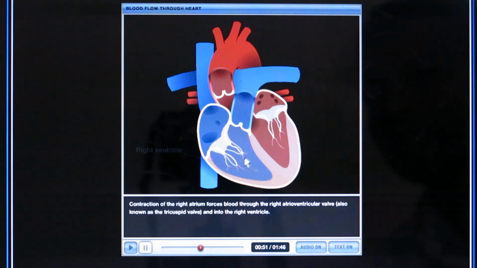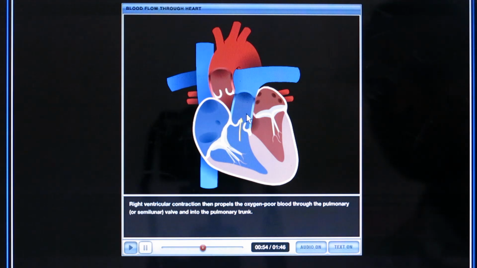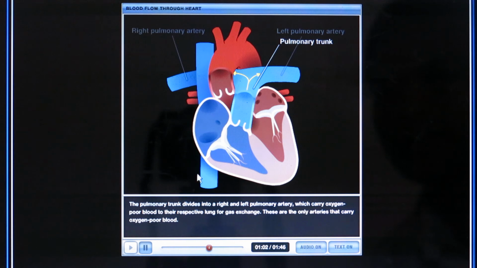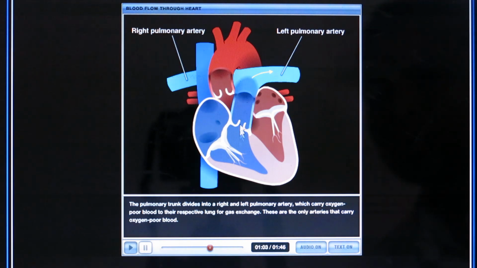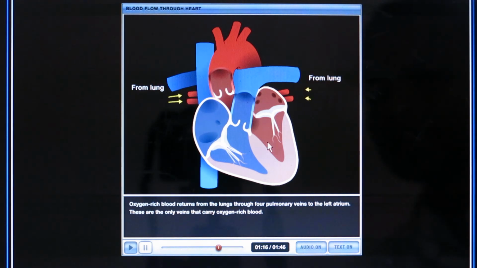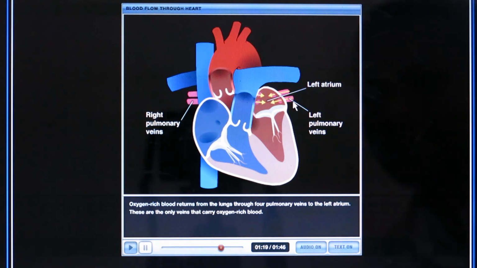So the blood from right ventricle will be again pumped into a vein called as pulmonary trunk, and this pulmonary trunk will again divide into left and right pulmonary trunk, which this blood goes towards lungs for gas exchange, where from lungs oxygenated blood will be carried back towards heart from the structure called as pulmonary veins into left atrium.